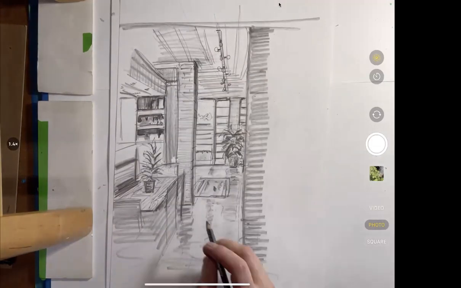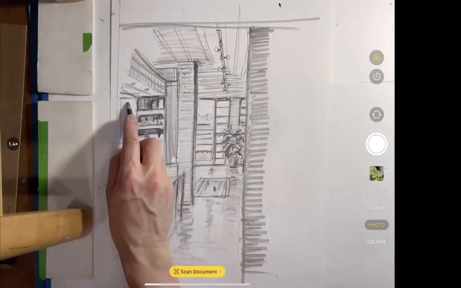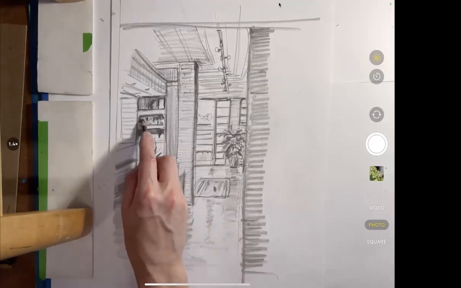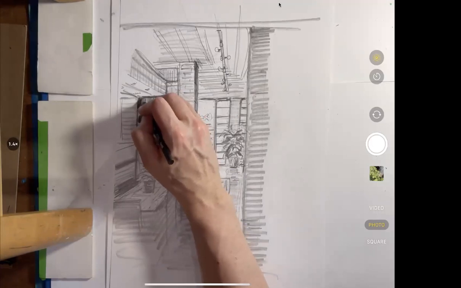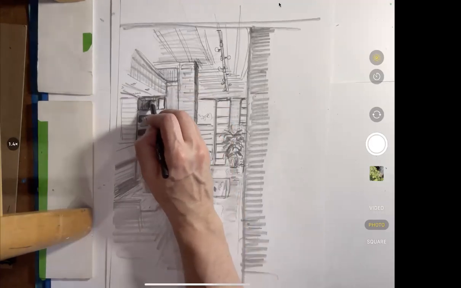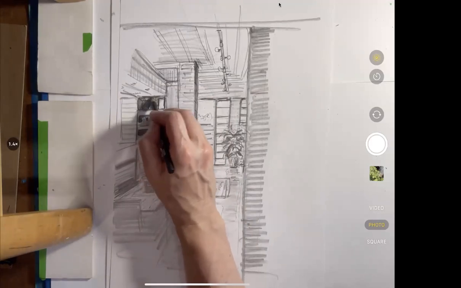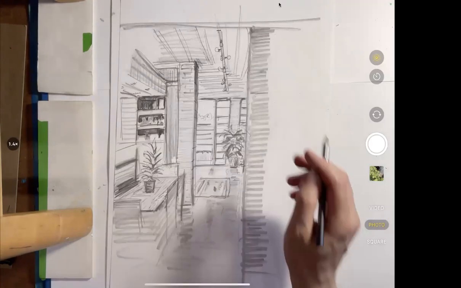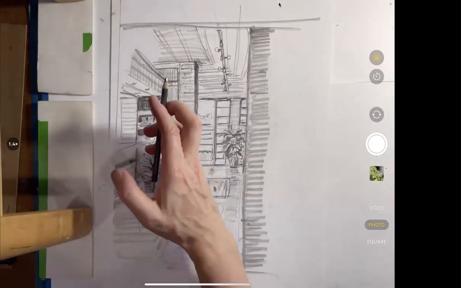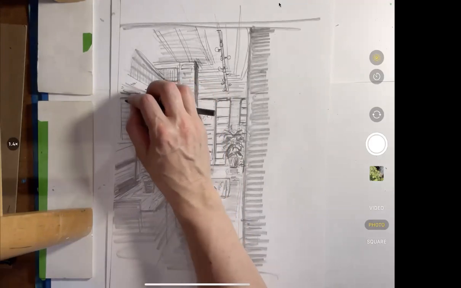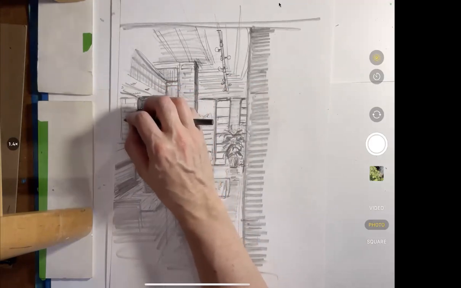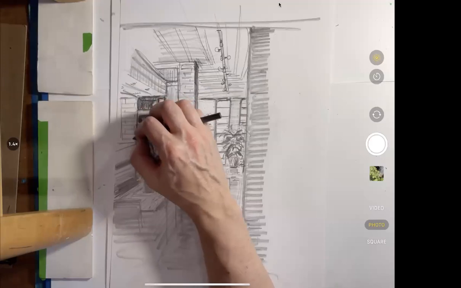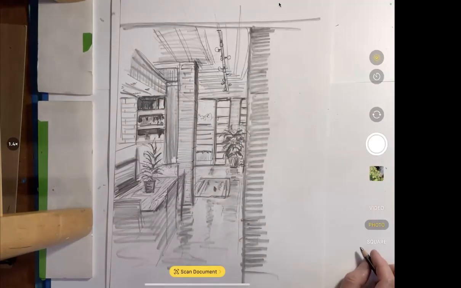Well, it helps to make the objects in the shelving and darken the shadows in the cavity here for the shelving. I'm assuming there's an end to the depth in there. Well,